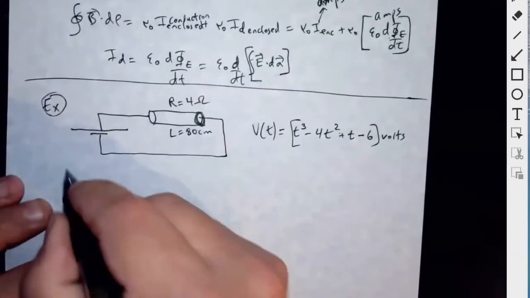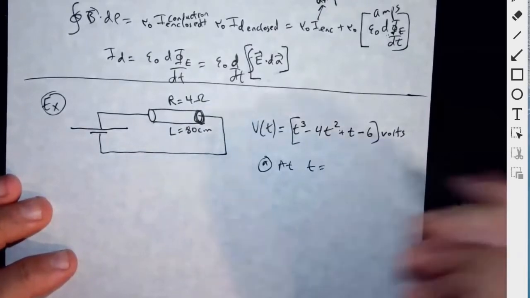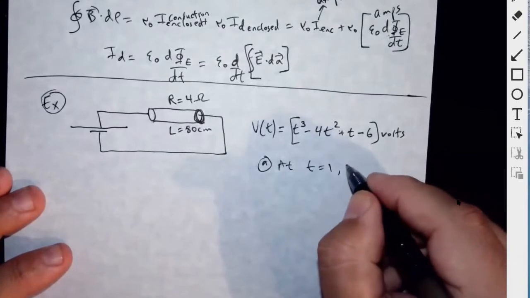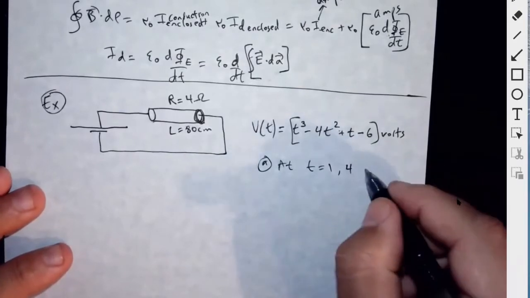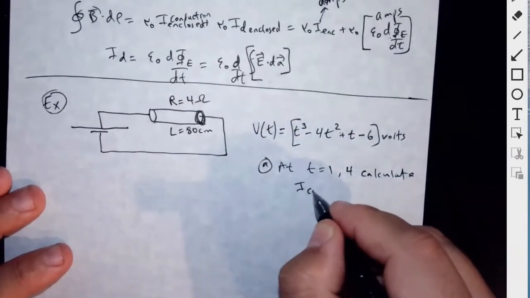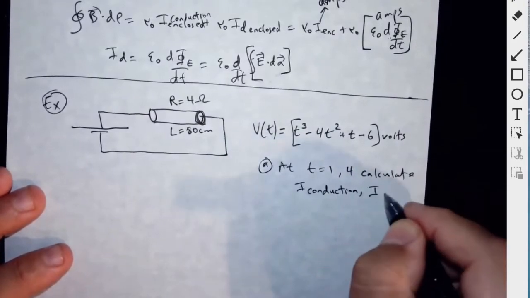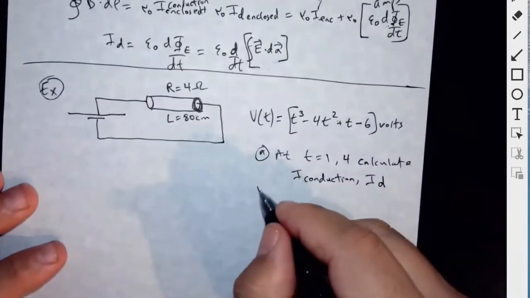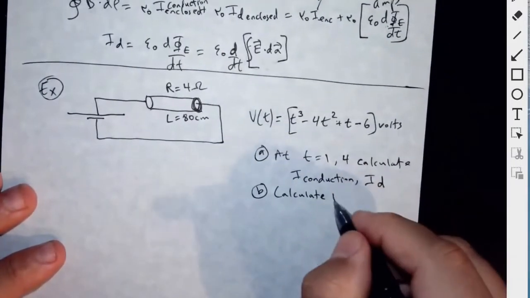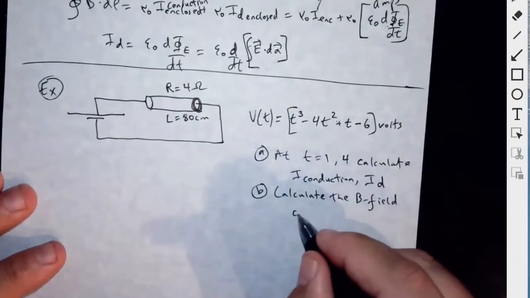So we can say at t equals, we can choose several different times. t is 1 and t is, let's say, 4. Calculate the I conduction current and calculate the I displacement current. And then B, calculate the B field created,